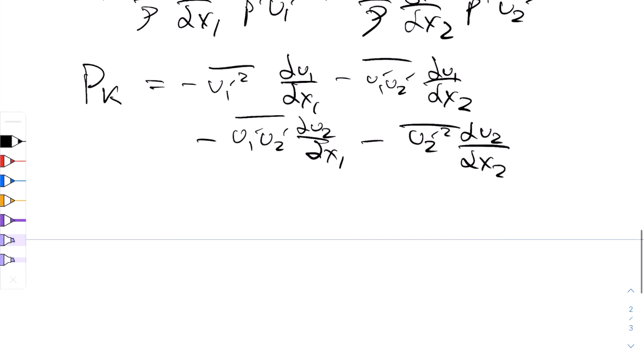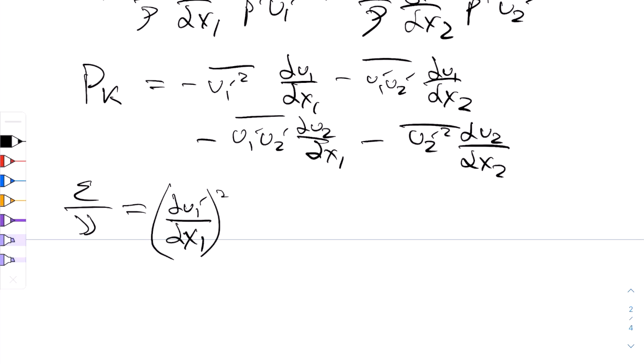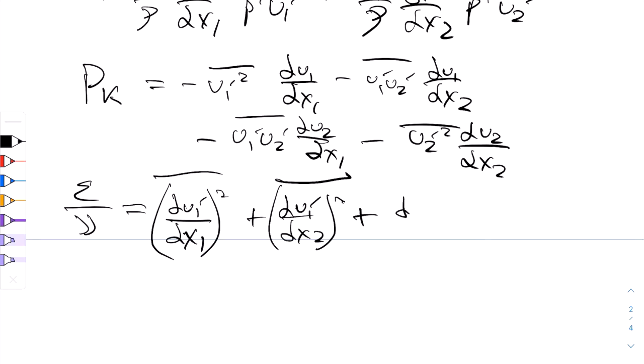Next, let's do the dissipation, and we'll just divide the whole equation by kinematic viscosity. So we'll have epsilon over nu is equal to partial u1 prime partial x1 squared bar, plus partial u1 prime partial x2 squared bar, plus partial u1 partial x3 prime squared bar,